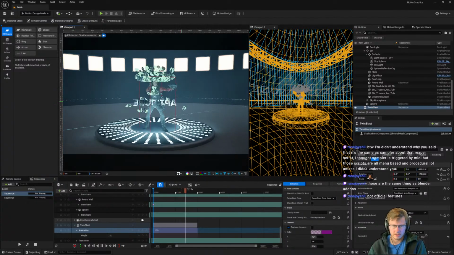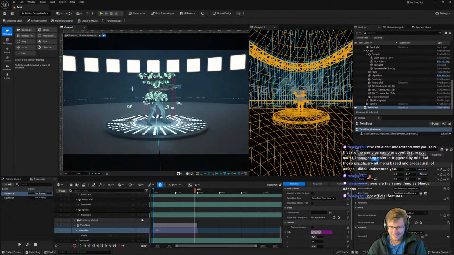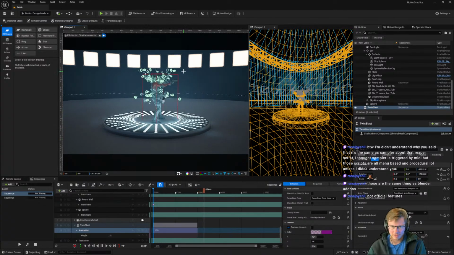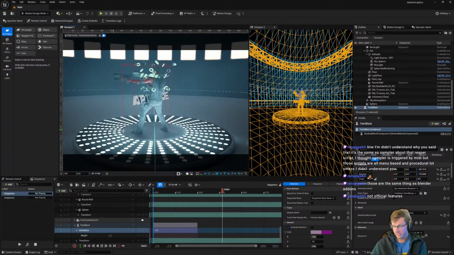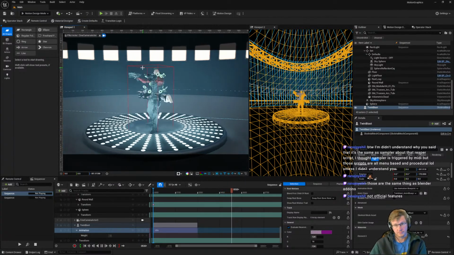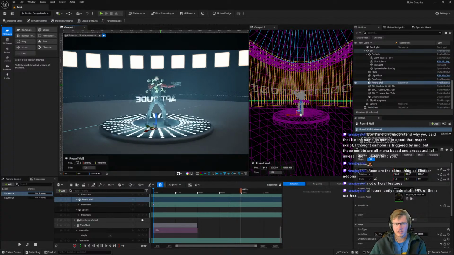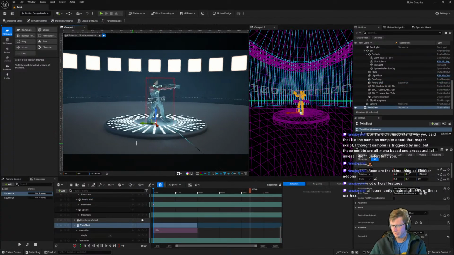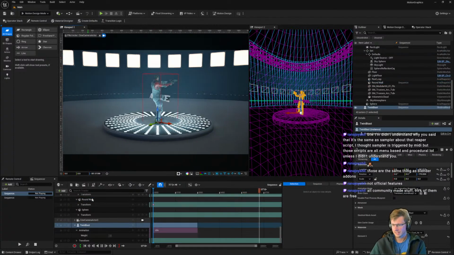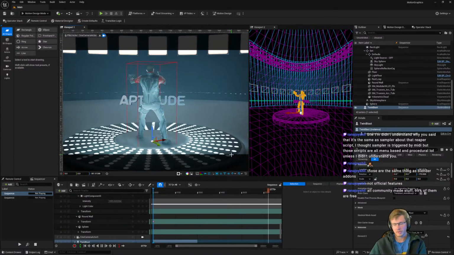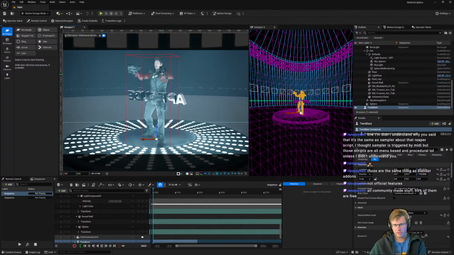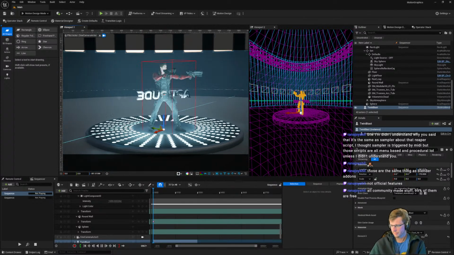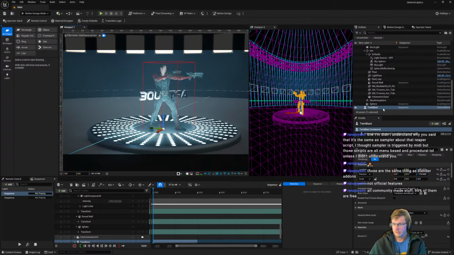Actually, I don't really know what's happening with this scene, but it's developing into something. I want to get rid of this guy in his gun pose. I'm trying to get a different version, but it's not supported in the current beta. The only one that's supported is this version. It's kind of aggressive.